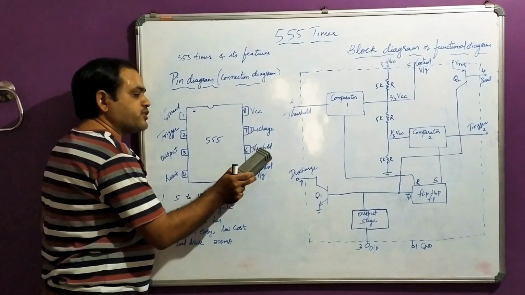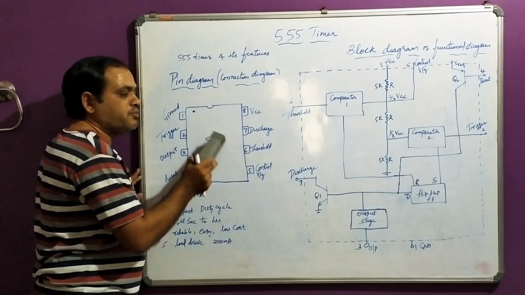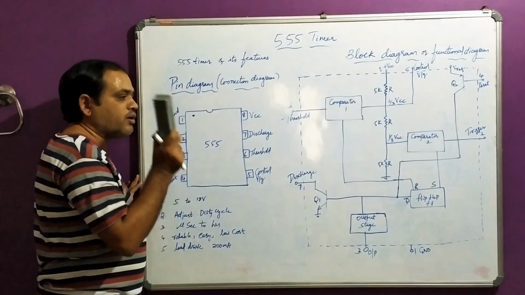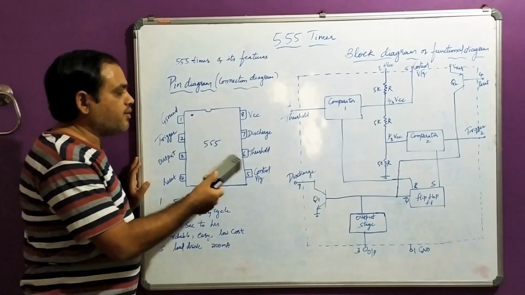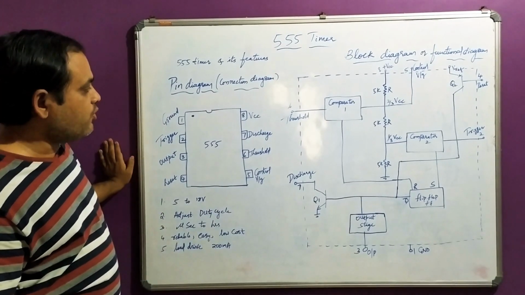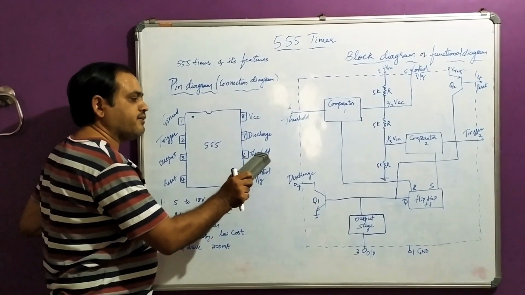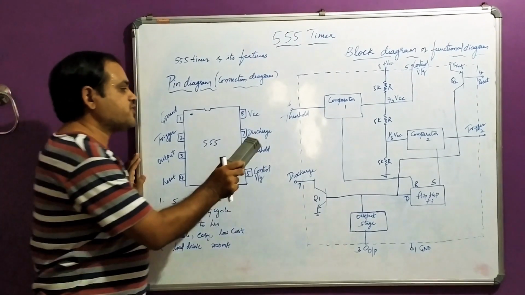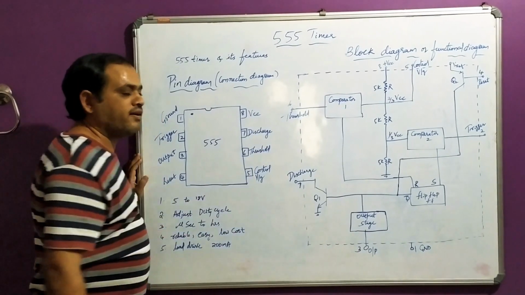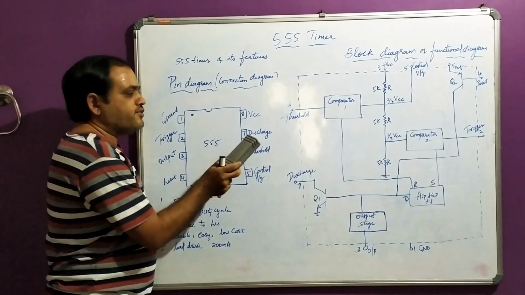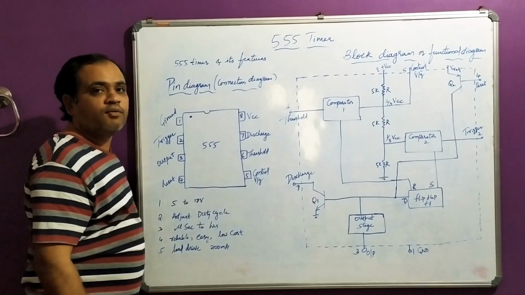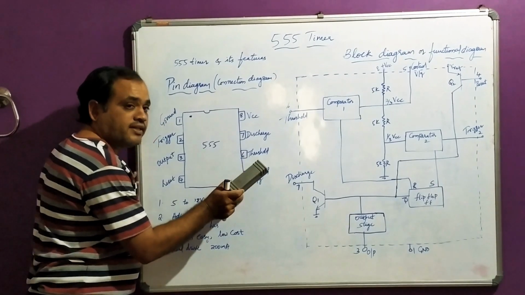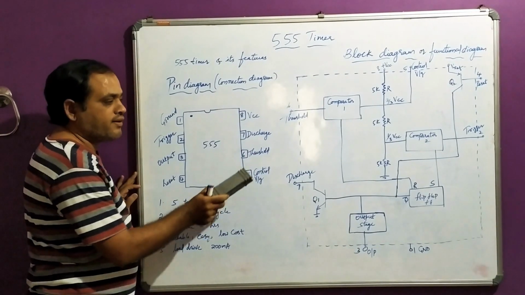Now the threshold, this is the most important part of the 555 timer. Depending on the threshold voltage, the two internally connected comparators work. Either a comparator produces a high or low voltage depending on the threshold voltage I apply at this pin number 6. Pin number 7 is connected through a transistor internally. The threshold pin number 6 is specially used to monitor the voltage across the capacitor.